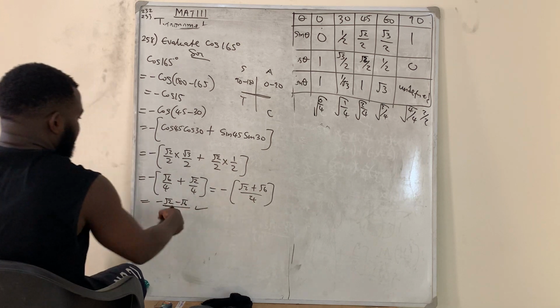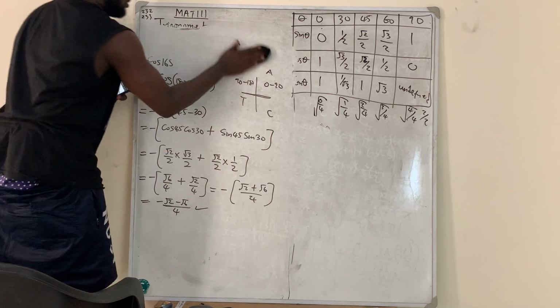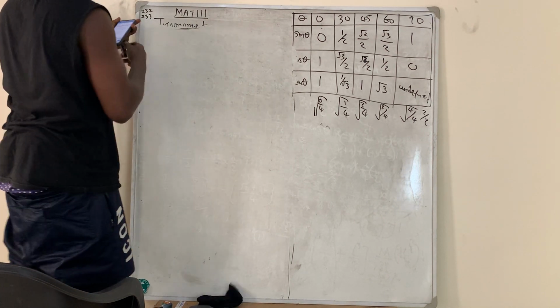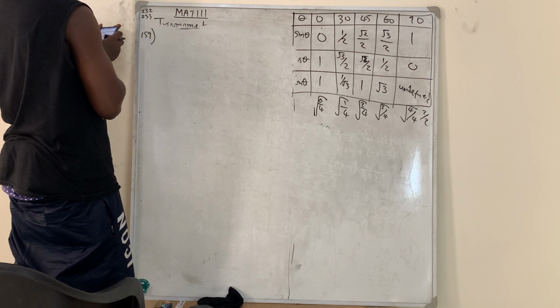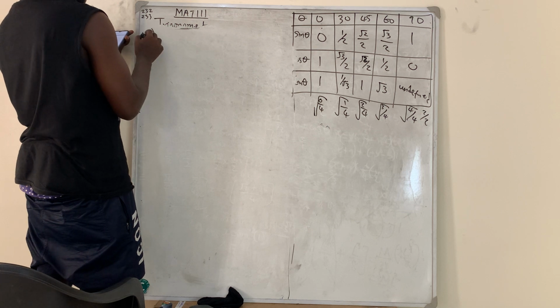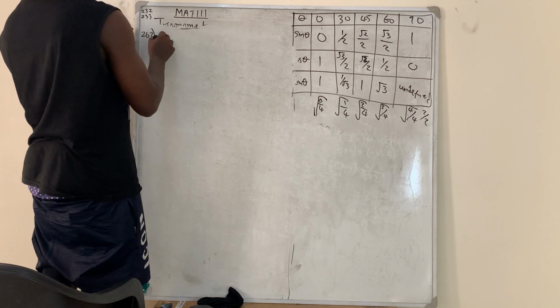So if you open the bracket with the minus, you have this as your answer. So we'll go to the next question, question number 262. Okay, 262 said, given that